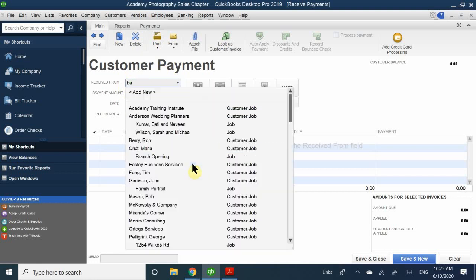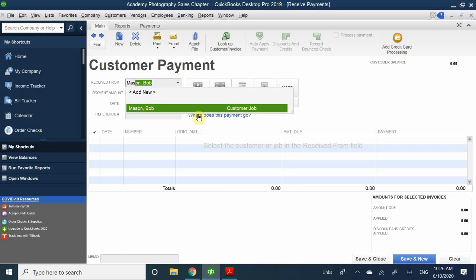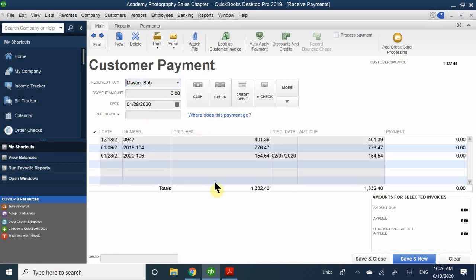Mason. So if I type Bob in, okay, let's type in Mason. There you go, Mason Bob. Once I just click him and I click anywhere else, his invoice should pop up, all three of them. Okay, now this is where I can choose which invoice to associate his bill with, or to associate his payment